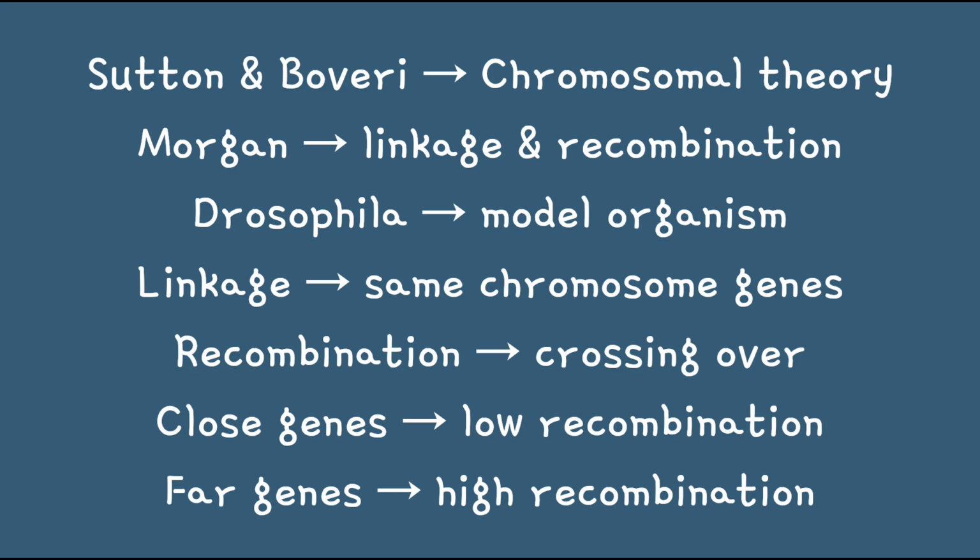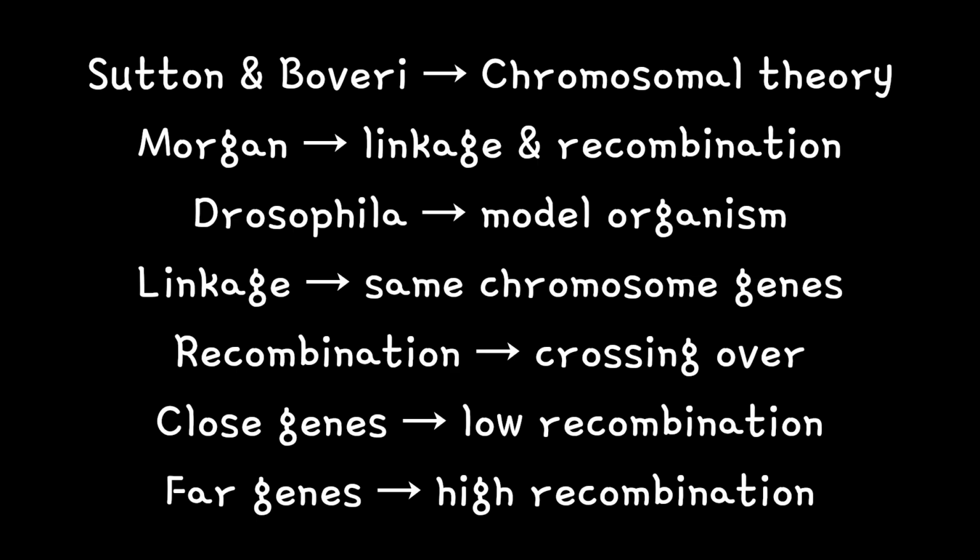क्रोमोसोम थ्योरी किसने दी थी? सटन एंड बोवरी ने क्रोमोसोमल थ्योरी दी थी, मॉर्गन ने लिंकेज एंड रिकॉम्बिनेशन। ड्रोसोफिला क्या है, मॉडल ऑर्गेनिज्म है, और लिंकेज में क्या हो रहा है, सेम क्रोमोसोमल जीन हैं। रिकॉम्बिनेशन क्या शो करता है, क्रॉसिंग ओवर, एंड क्लोज जीन मतलब लो रिकॉम्बिनेशन, और फार जीन मतलब हाई रिकॉम्बिनेशन।